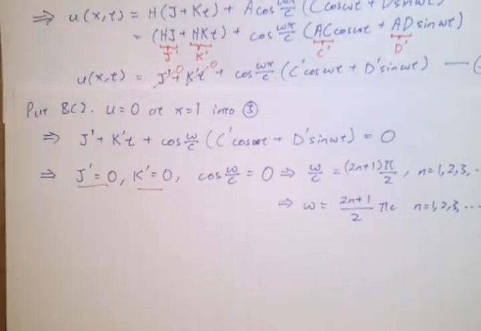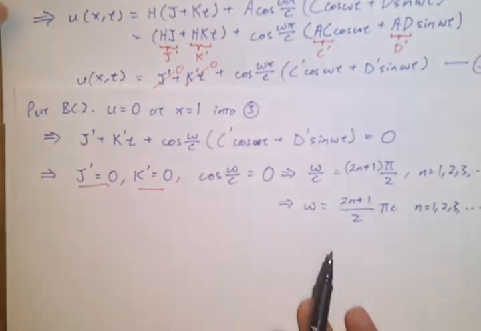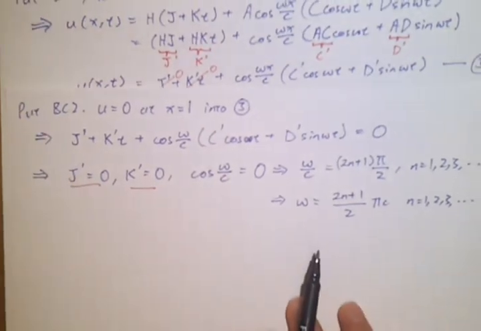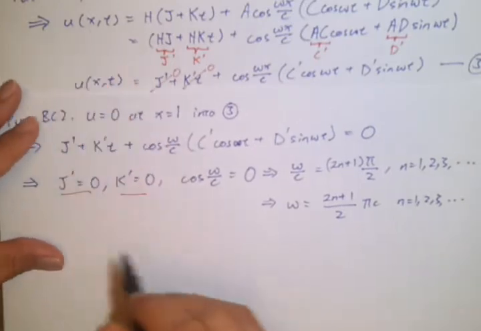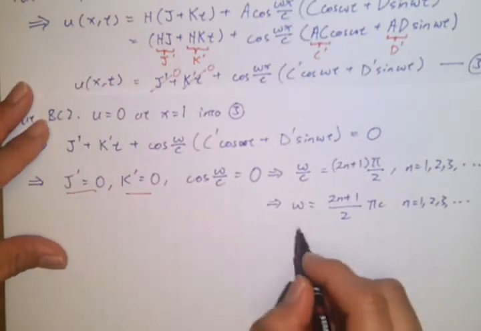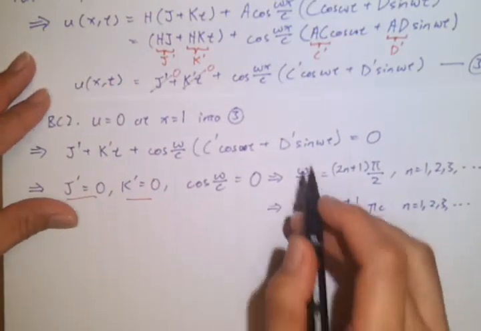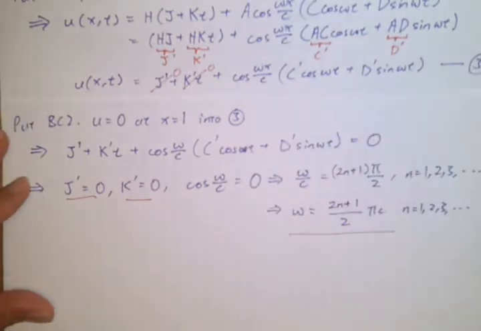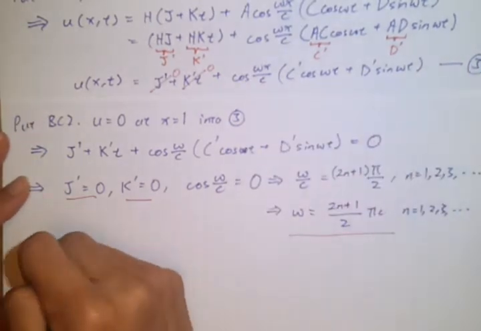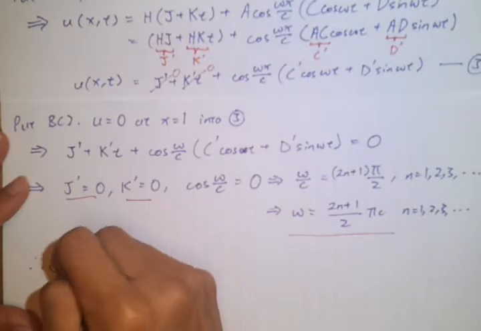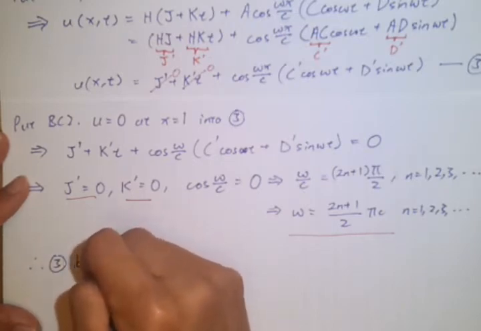Okay, let's move on. I'm going to put all this information about k prime, j prime, and omega back into equation 3. So therefore my equation 3 becomes